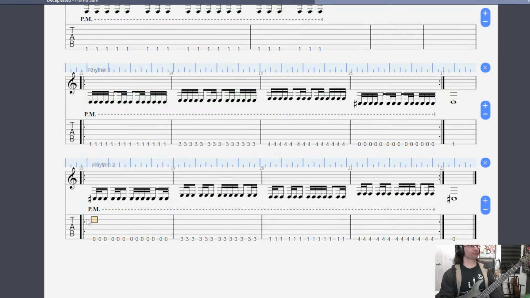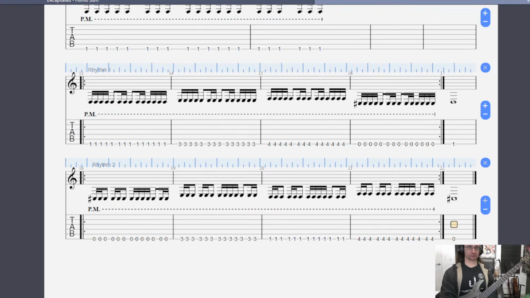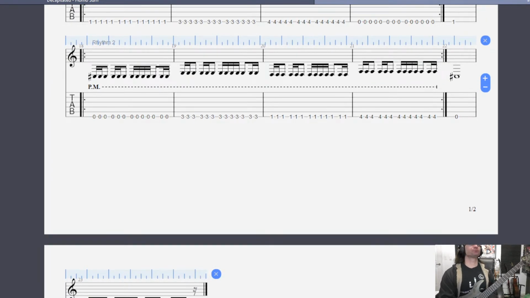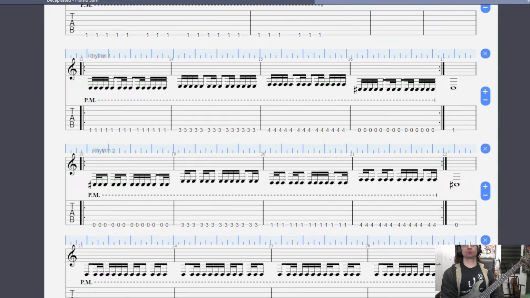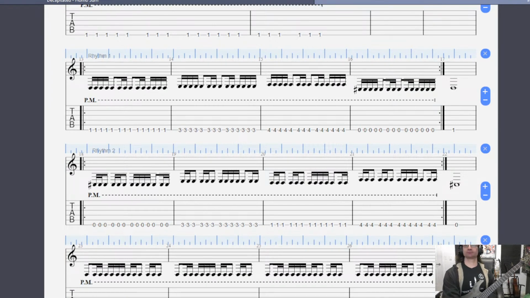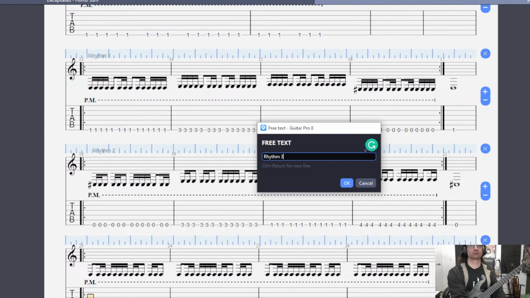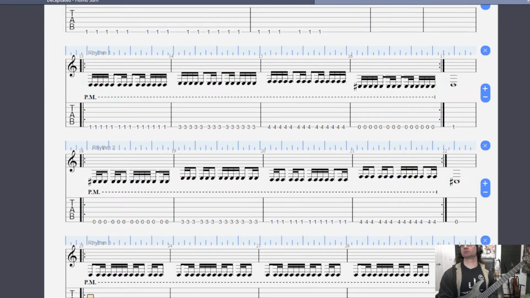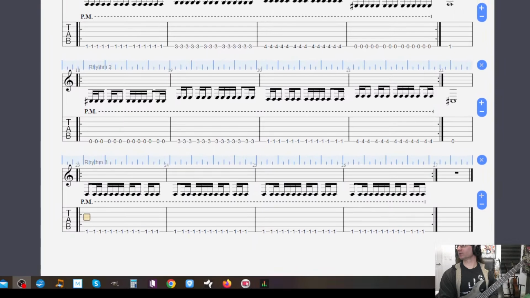Rhythm 2. Alright, next rhythm. So that is a little bit different. There.